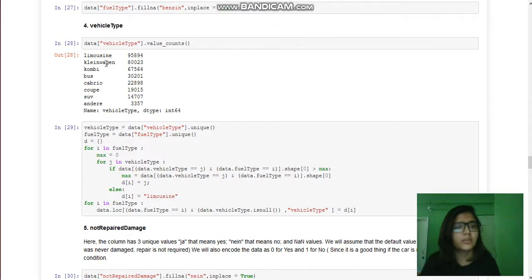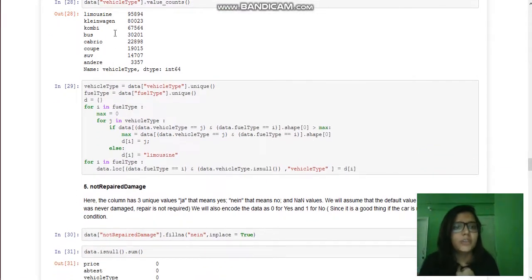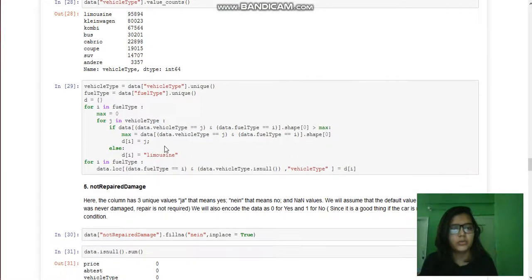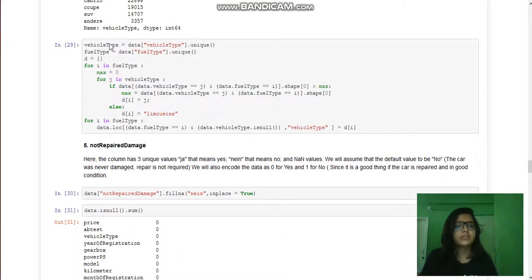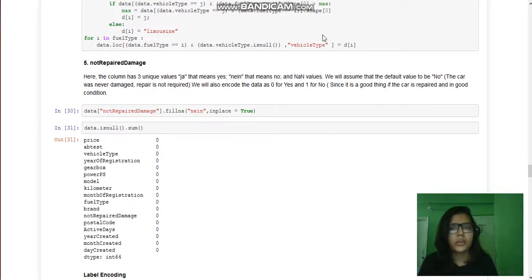If a limousine works on benzene, then probably the other null vehicle types which have the fuel type as benzene will also be limousines. We also know that limousine has the highest frequency. So if any of the data doesn't match, we're just going to replace it by limousine, since it's the maximum occurring one. That was all about vehicle type.